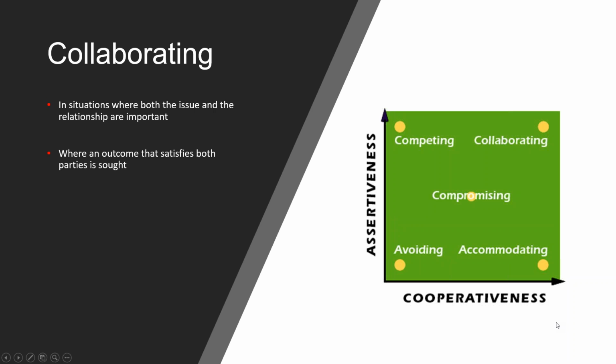Now, where there's a motivation to resolve the issue, where both parties are equally motivated to resolve the issue, that's where collaboration can be very effective, assuming, of course, you've got the time. So if both parties are keen to resolve it, then it's certainly appropriate for you to work together, because both of you are willing to work together because the outcome is important to both parties.